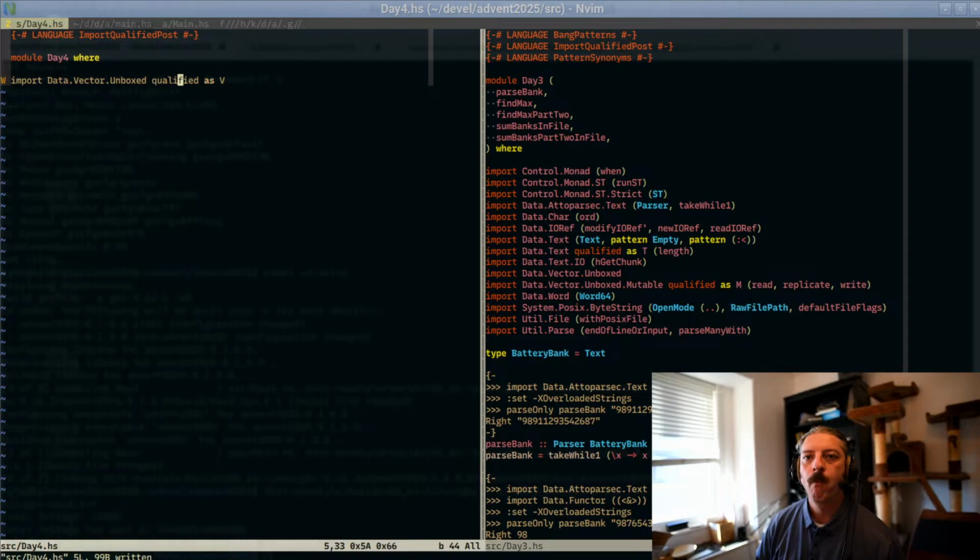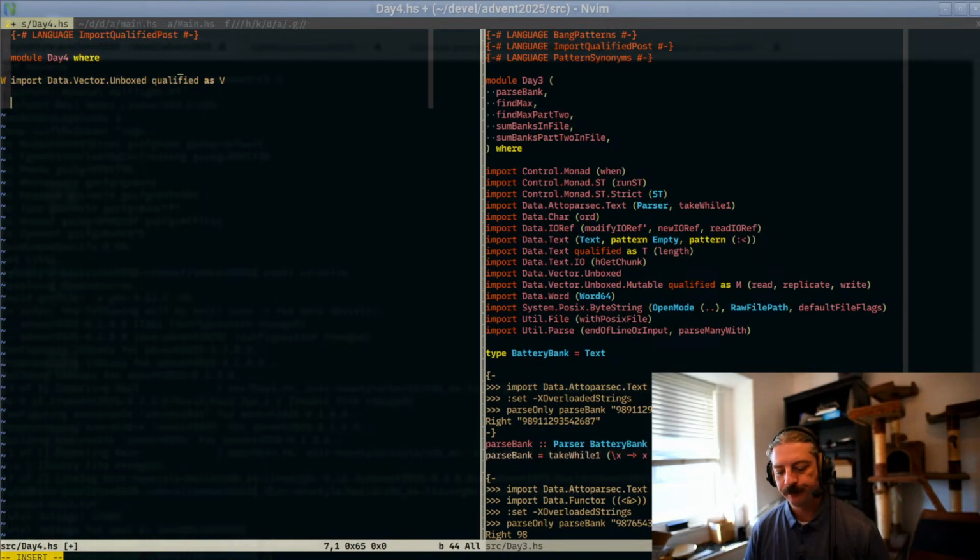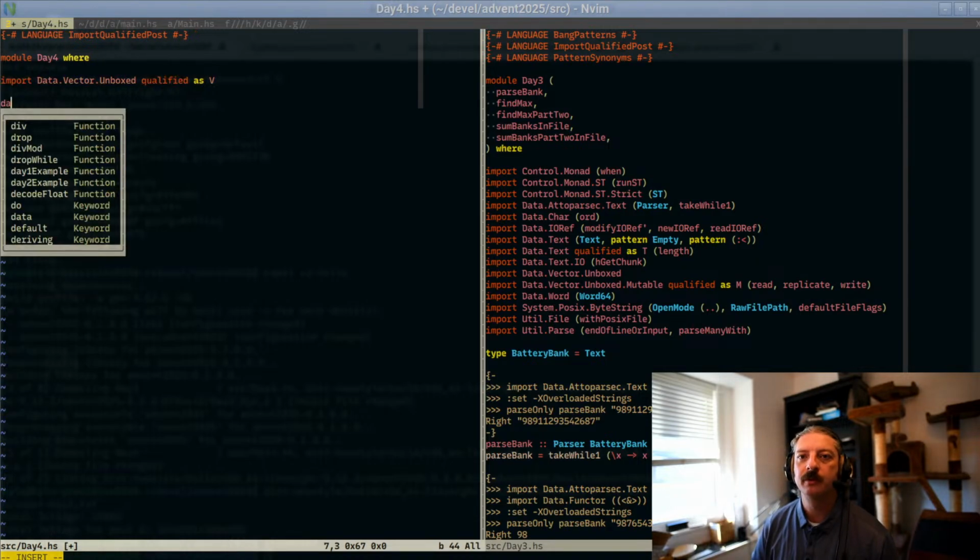That's okay. Eventually I will trim down that list of what's imported from data.vector, but for now we're just going to import everything. We can always trim down the import list later. Alright, so